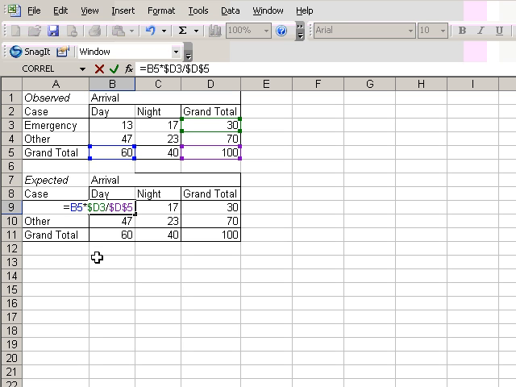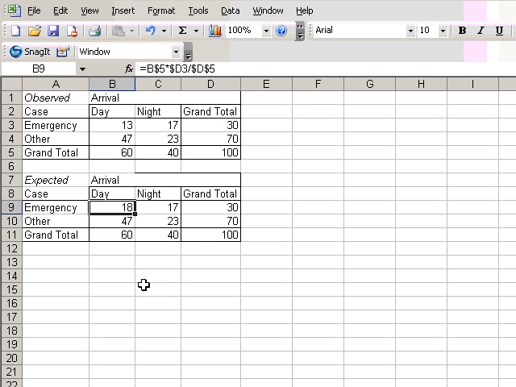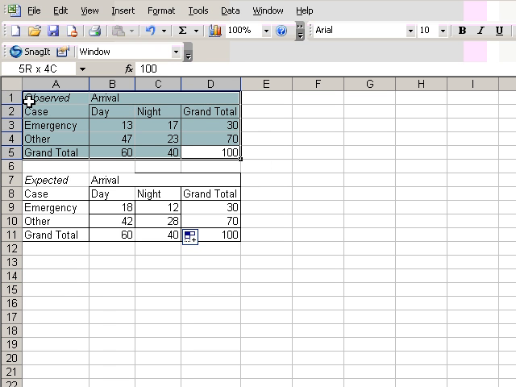And finally, I'll fix the B5 with a B $5 because I always want to be taking that multiplier from row 5. When I hit enter, I get the first expected value, which is 18. 18 is 30% of 60. Now I will copy this to the other 3 cells, and I have the expected values. Now we need a place to calculate the chi-square, so again I will copy the observed values and paste them here,